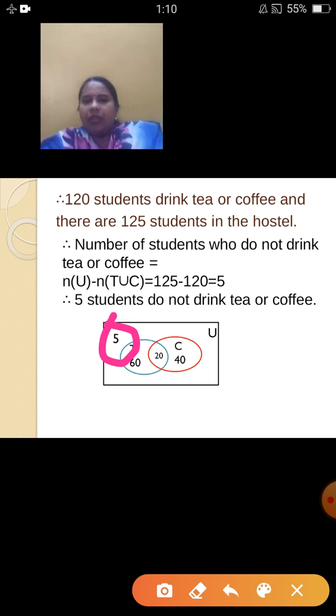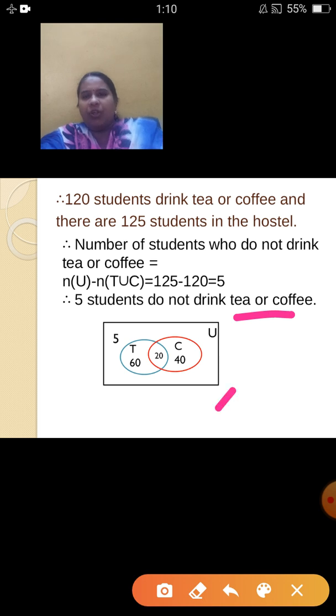Is it okay? These are word problems. Systematically reading the question one by one, you have to write the steps and substitute the formula. Write the formula, substitute the values, then the final answer. All these carry marks. And if a Venn diagram is asked, only then draw the Venn diagram. Otherwise, you can use the formula method also. I hope the first sum is understood by you. Let us move to the second sum.